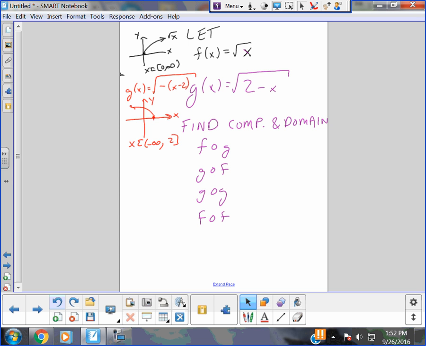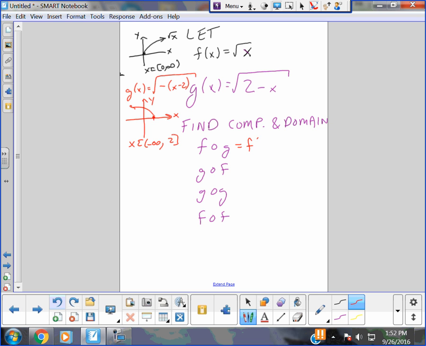Listen, I didn't do f plus g or f minus g, did I? I did composites. If it was f plus g, f minus g, yeah, boom, it's between 0 and 2 and we're done, right? Because it would be the overlapping portions of the domain. But these are not that. So the first thing I want to do is f of g, right? So if I do f of g,